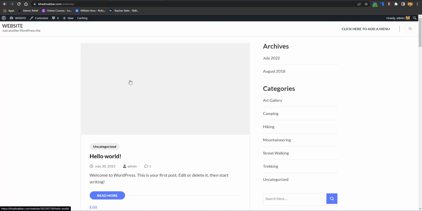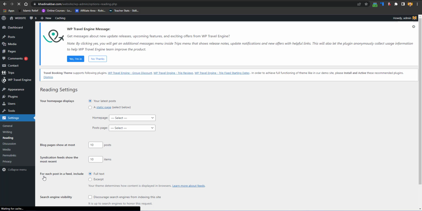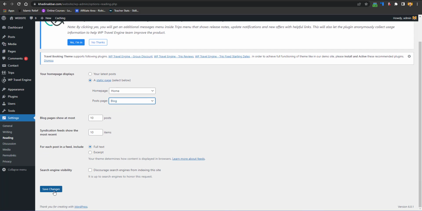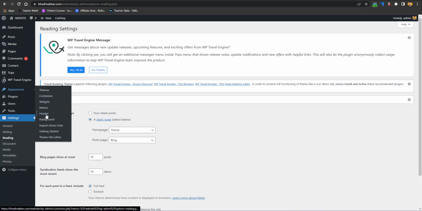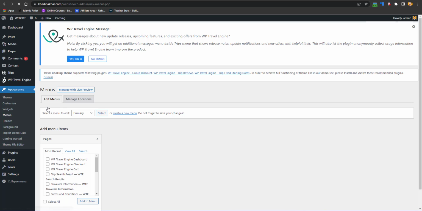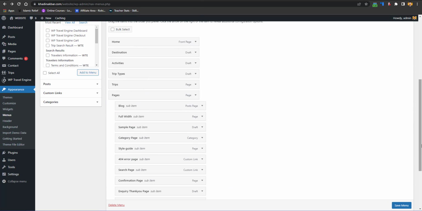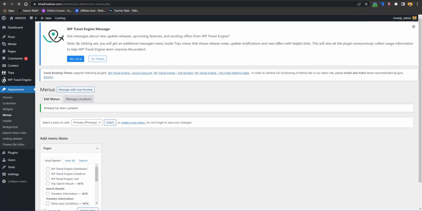but nothing changed. So first of all what we have to do is we just have to go back and just go to settings and in reading, and in reading we just have to select the static page. As home page, select home. As post page, select blog, and that's all. Just click save changes, and then just go to appearance and go to menus, and in menus what you have to do is you have to go a bit below and then click on this primary, display location equals primary, click save changes, save menu, and again go there,